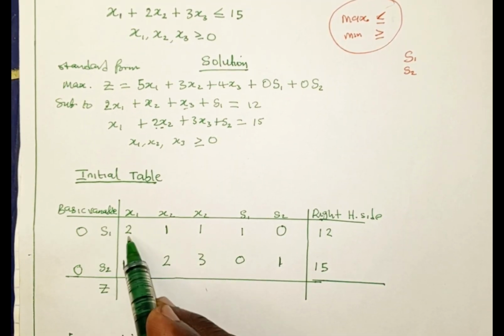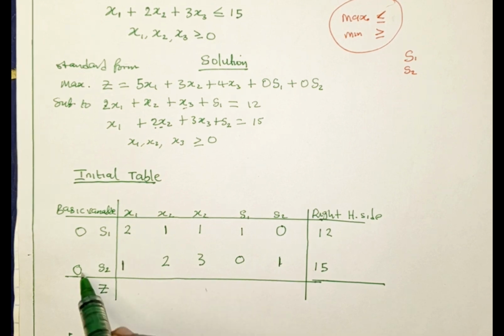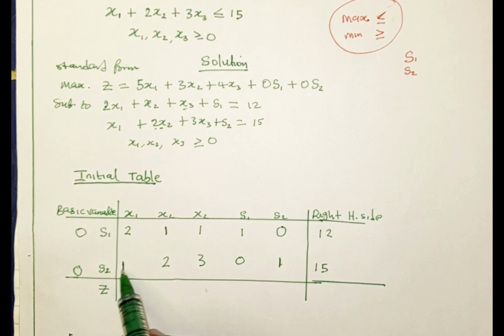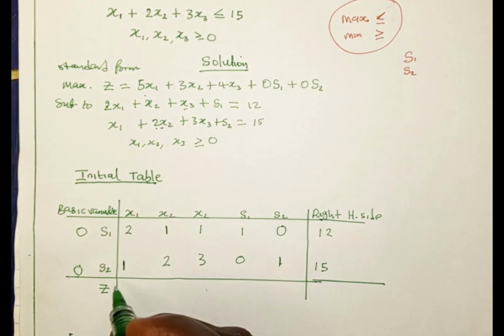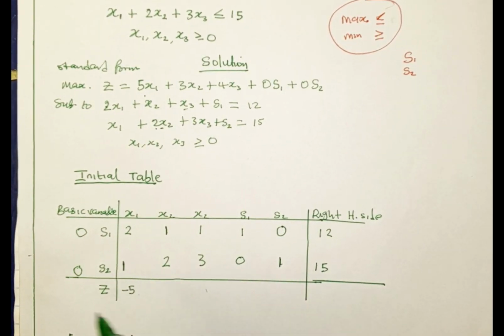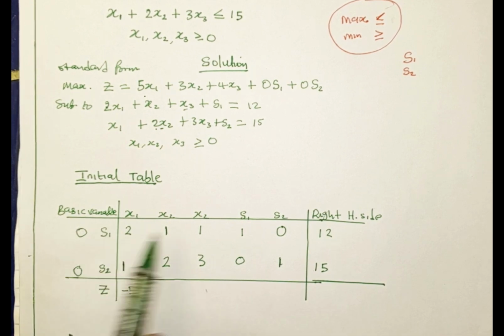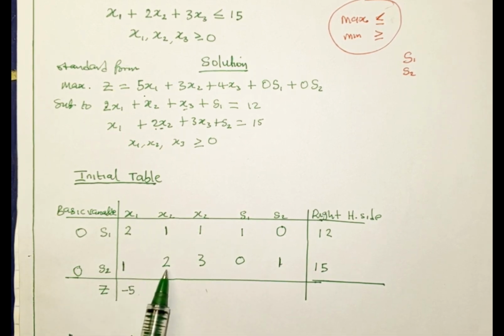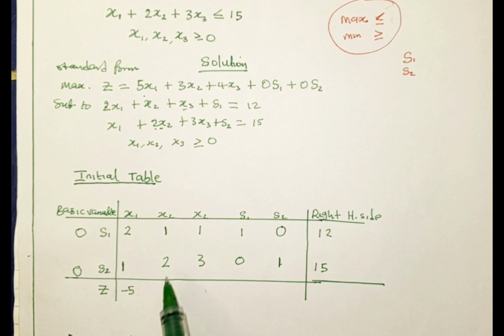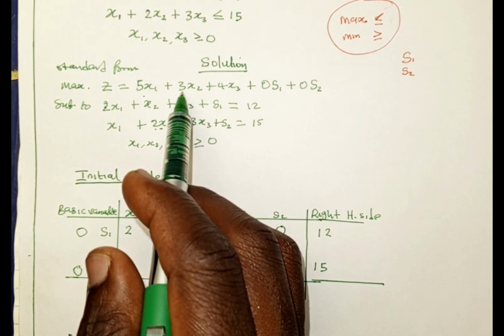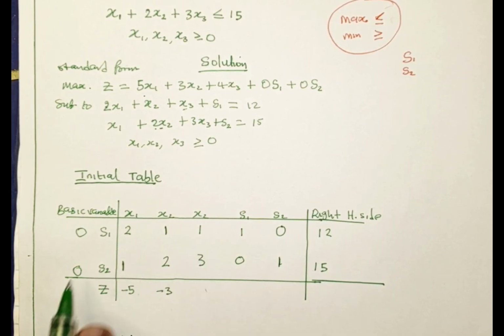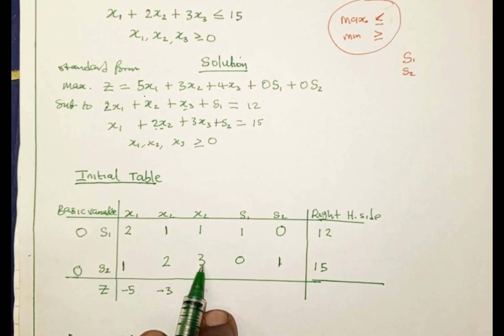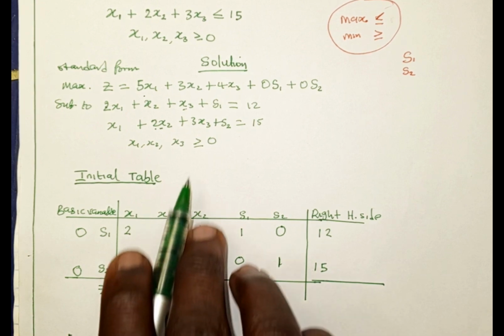So 0 multiplied by 2 is 0. 0 multiplied by 1 is 0. Then that 0 minus the coefficient of x1 here is going to give us minus 5. 0 minus 5 is minus 5. For x2, 0 multiplied by 1 is 0, and 0 multiplied by 2 is 0. If you add them together, 0 plus 0 is 0. Then that 0 minus 3 is going to be minus 3. Then 0 multiplied by 0 is 0, plus 0 multiplied by 3 is 0. Then we subtract it from